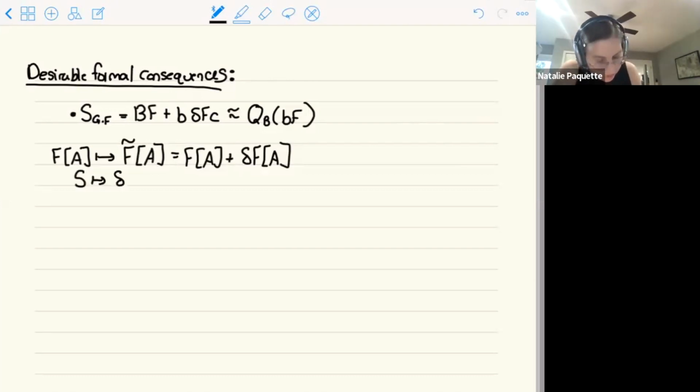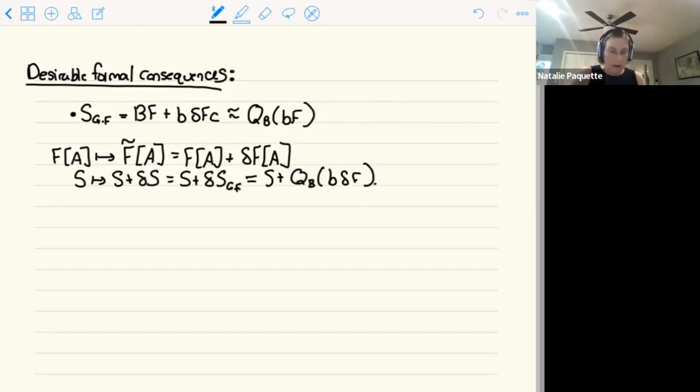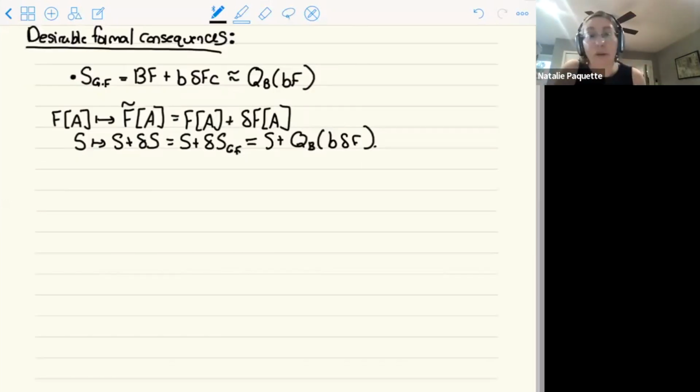It goes from S to delta S. The only part that changes is the gauge fixing part of the action, and that, remember, was just QB of something. In the variation, it'll be B delta F. And so under such an infinitesimal variation of our gauge fixing conditions, any kind of physical quantity, for example an amplitude that transitions between two physical states, will be immediately invariant under this kind of transformation by BRST exactness